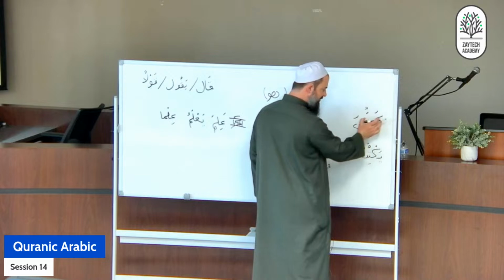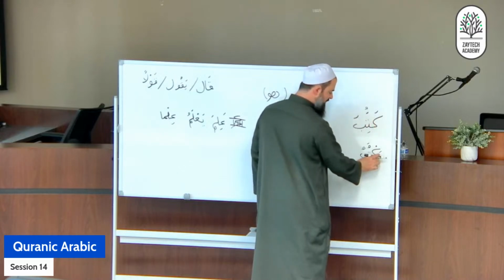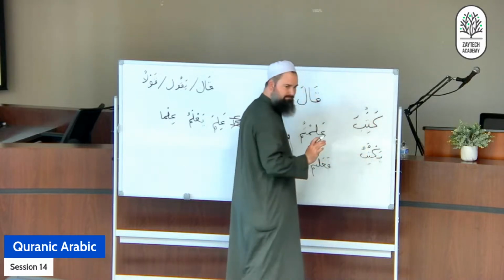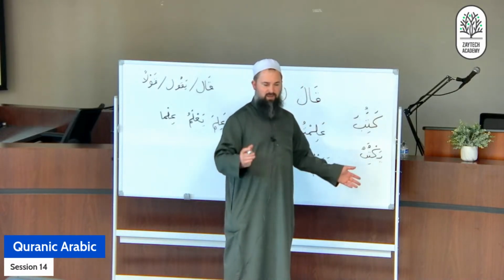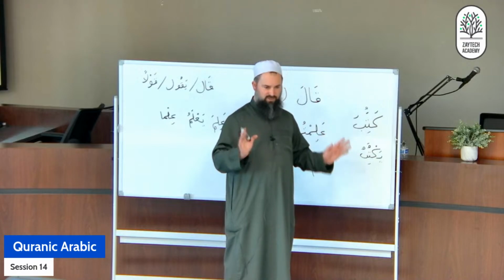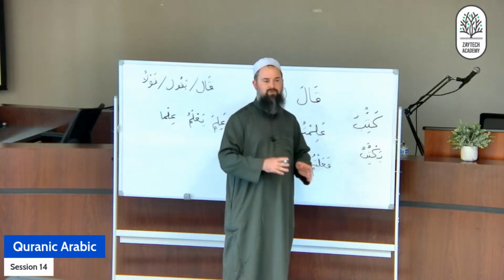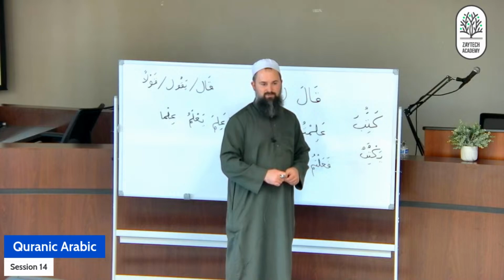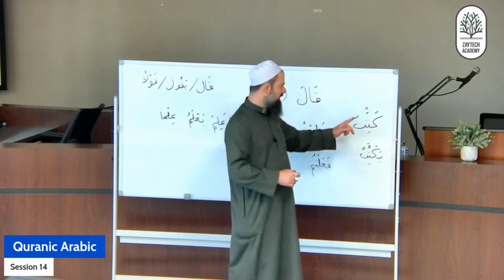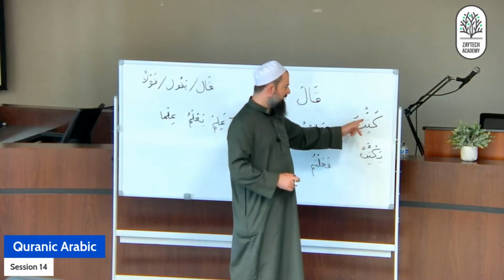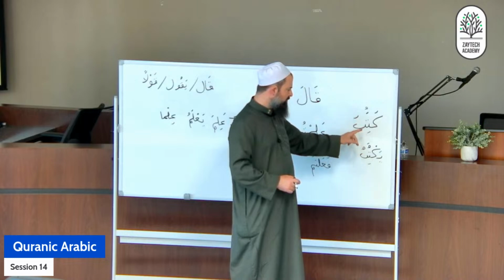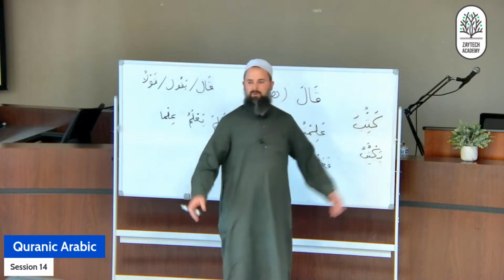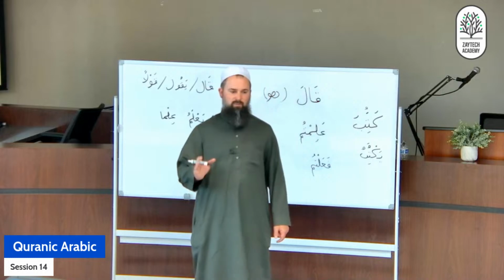I know there's a fatha here, I know there's a fatha here. I know there's a ya here and a sukoon here. I know there's a dhamma there. But in principle, I have 9 possibilities, because 3 times 3. In reality, only 6 of them actually exist, and only 5 of them are most frequently used. But you still have a variable possibility of 5 different things. It could be katuba yaktubu, kataba yaktubu, kataba yaktibu, kataba yaktabu, or katiba yaktabu. I don't know what it is, but you have to memorize it every single time.